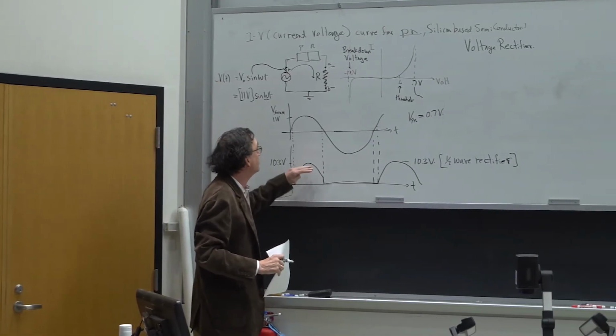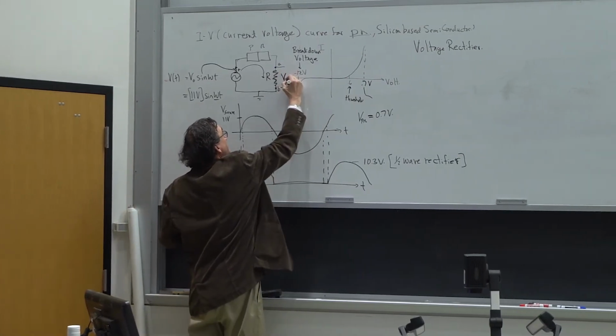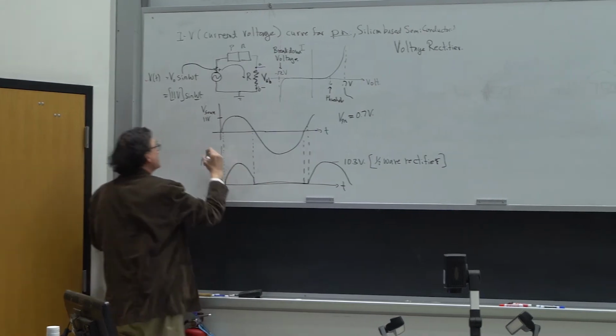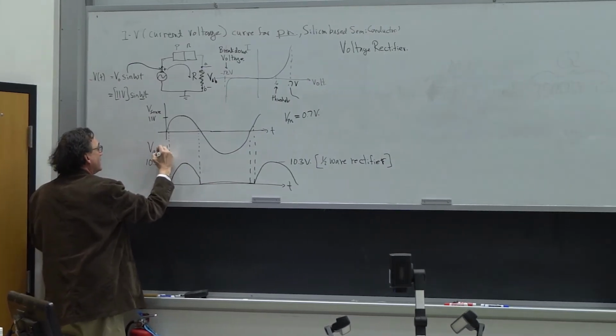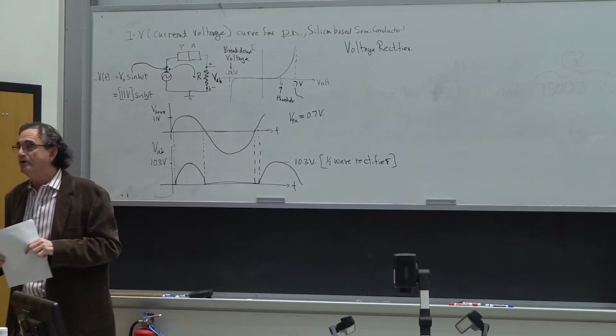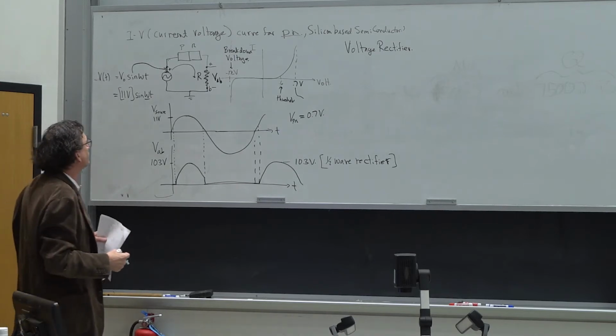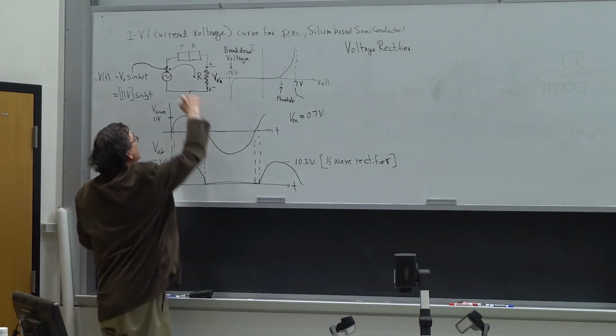So the voltage is always positive across this resistor VAB. So this is VAB, this is VAB, and this is what I get. Okay? So the diode rectifies the voltage so that it's only going to allow current to flow in one direction,